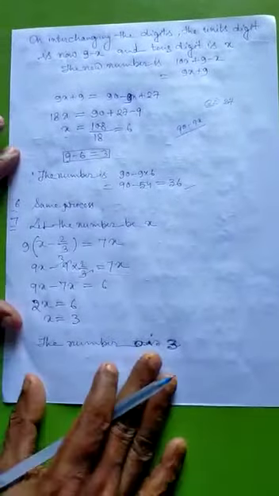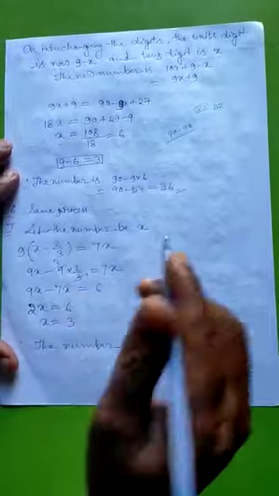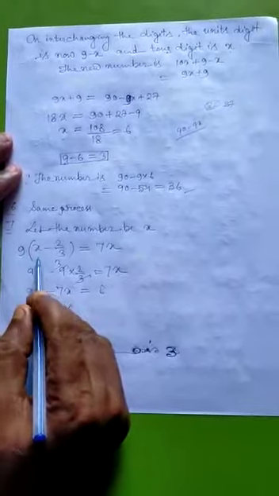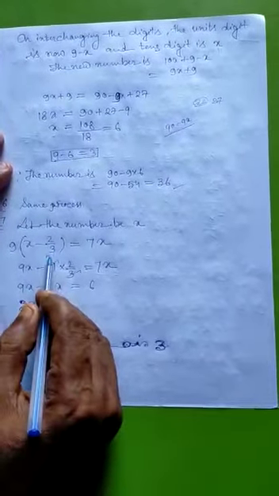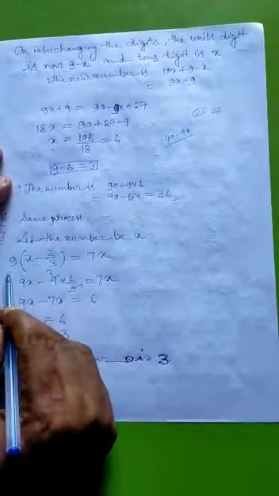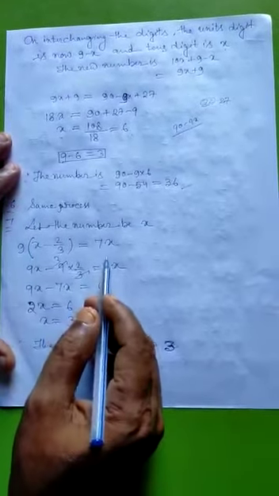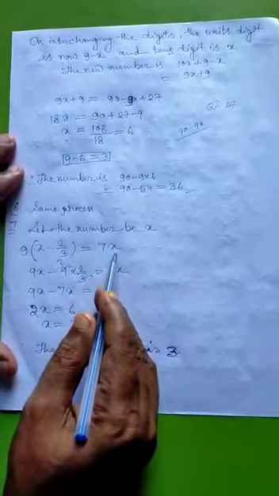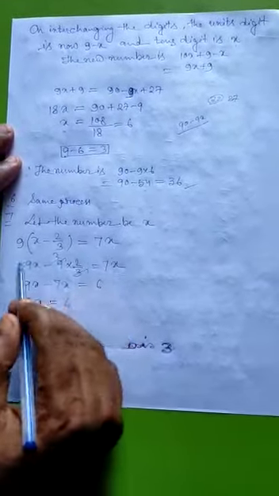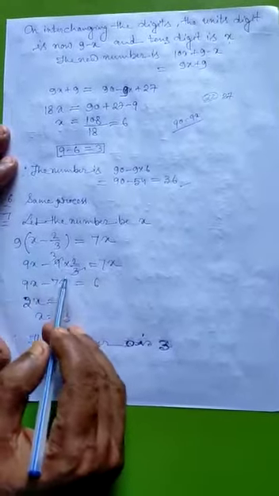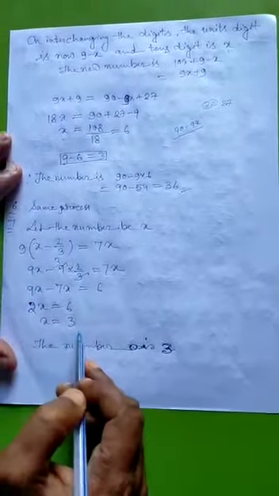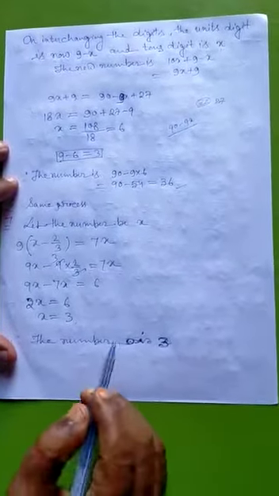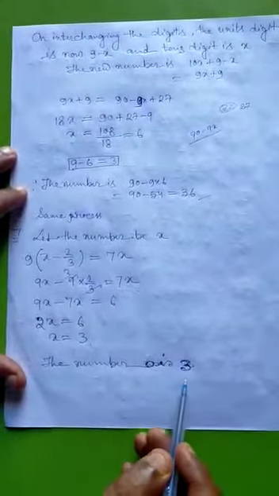And seventh one, today's last one. Someone is thinking of a number. Suppose this is x. Now we are subtracting 2 by 3 from this number. Again we are multiplying by 9. It is 7 into the thinking number, means you have taken this 7 times, means 7 into x. Now calculate this into this, this into this and this. From here you are getting x equals 3. That means the number someone thought of is 3.